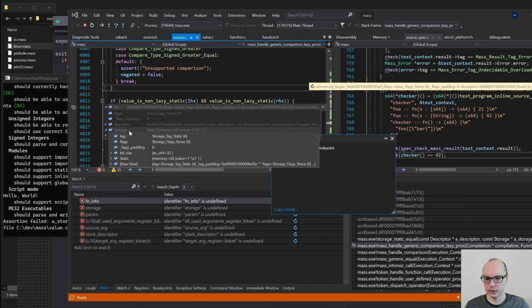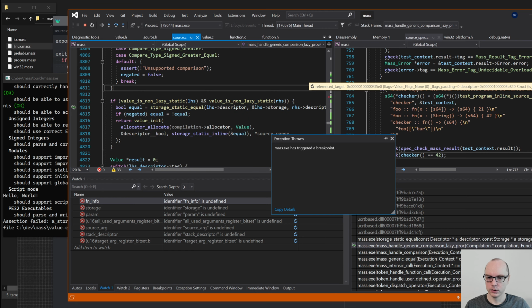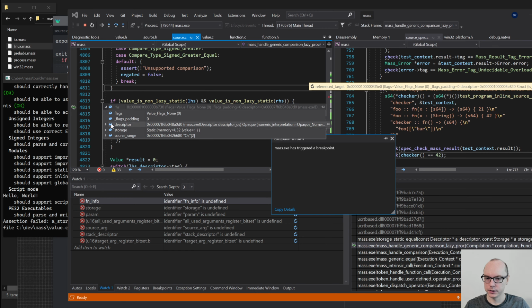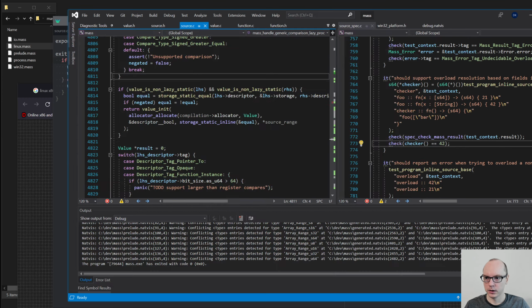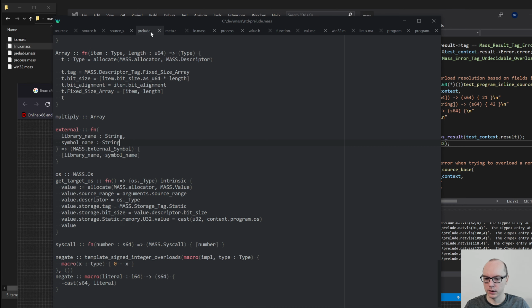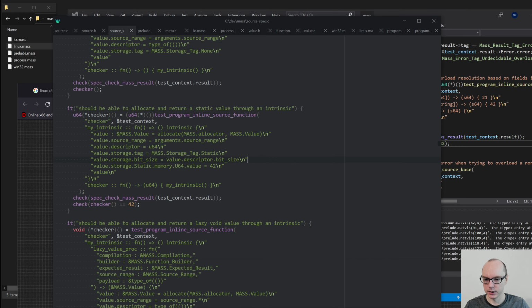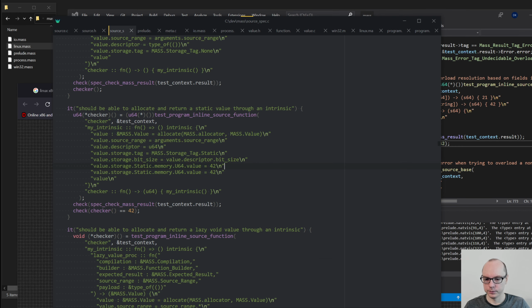Yeah, that's not cool. Not cool at all. And right hand side is correct. It's actually broken. And it's also broken in tests. So this needs to be